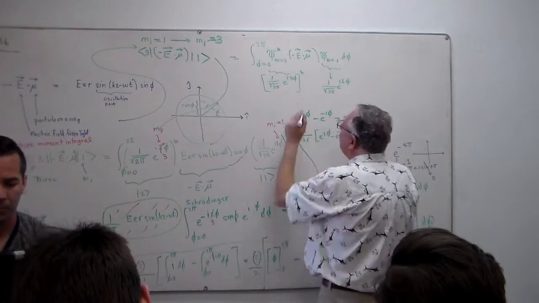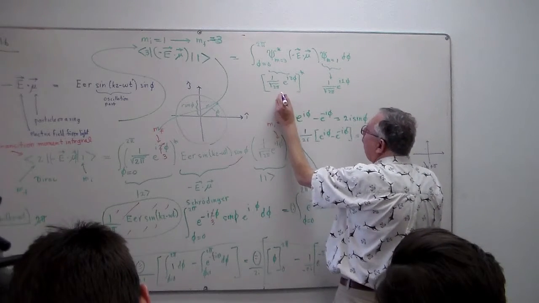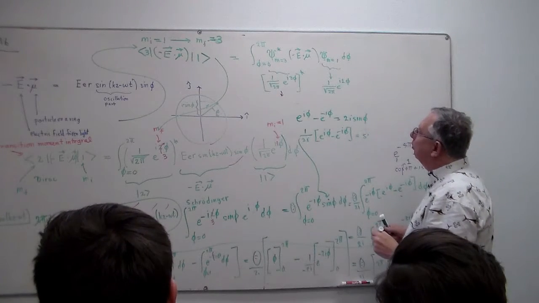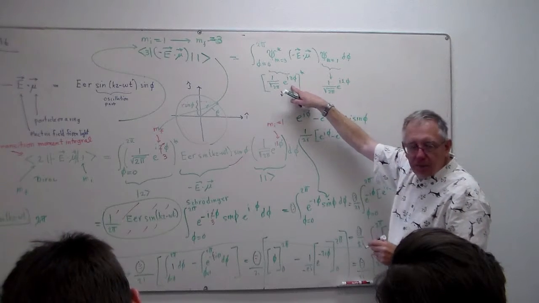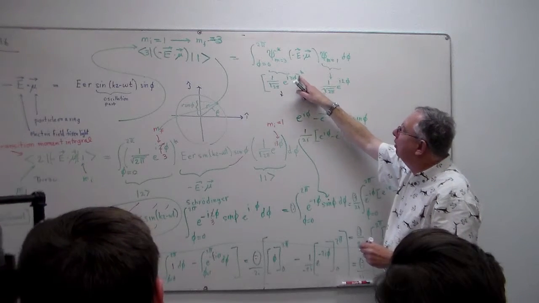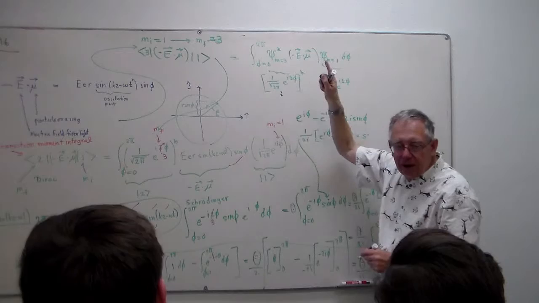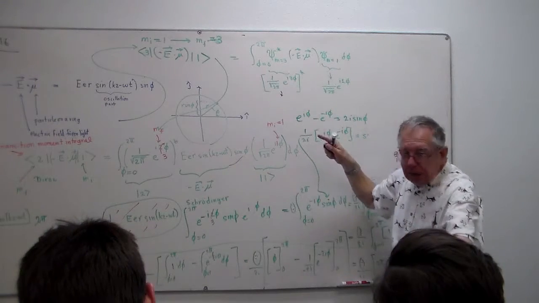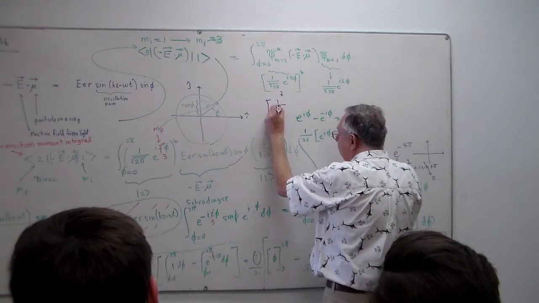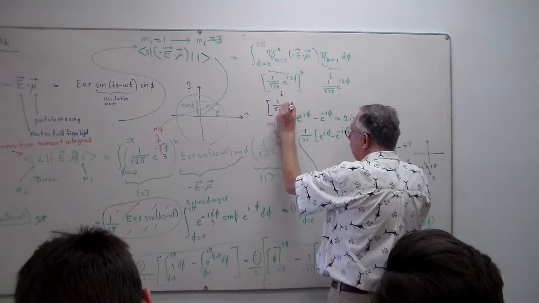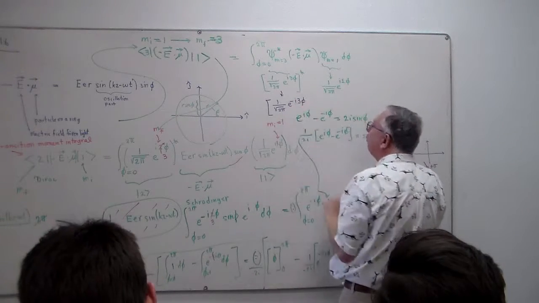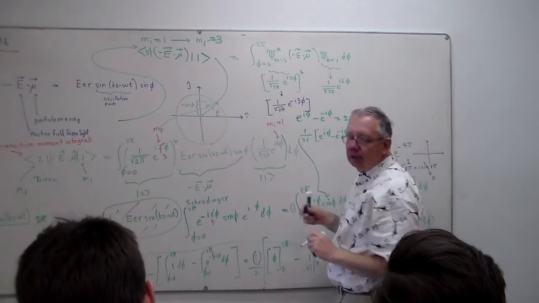Now, look at this. How do I take the complex conjugate? What does that star do to this wave function? It does something to an i. Yeah. Turns it into a negative i. That's exactly right. So it's 1 over the square root of 2 pi e to the minus i times the number 3 times phi. That's exactly right.